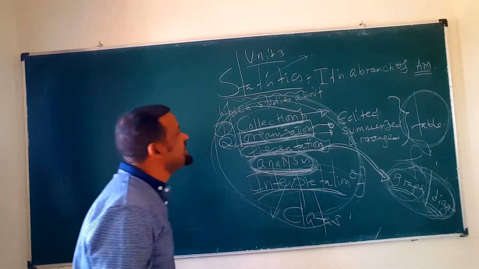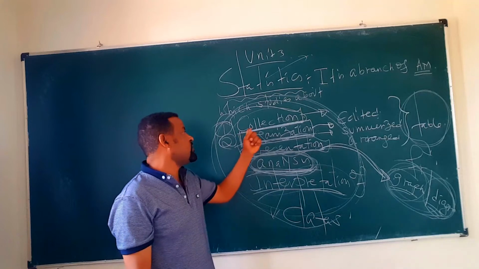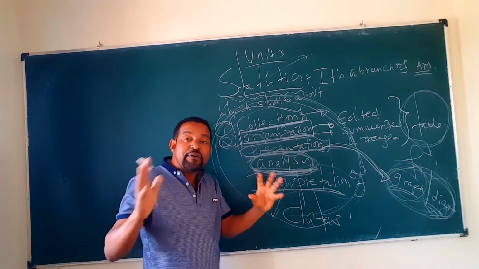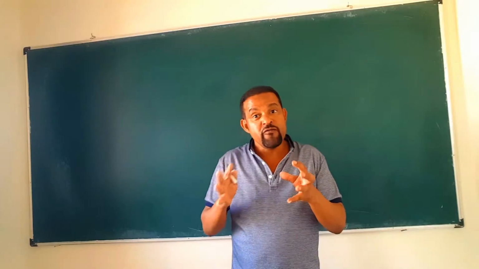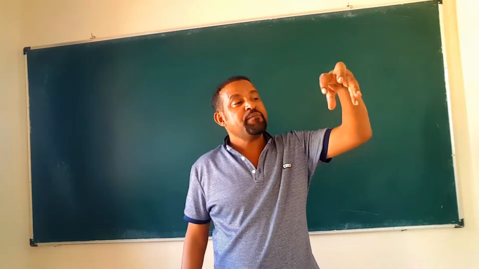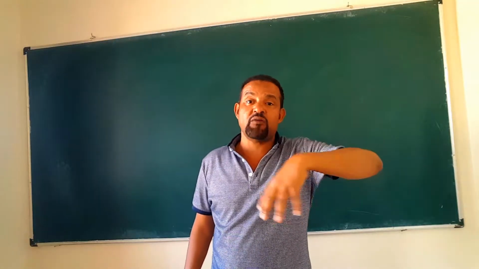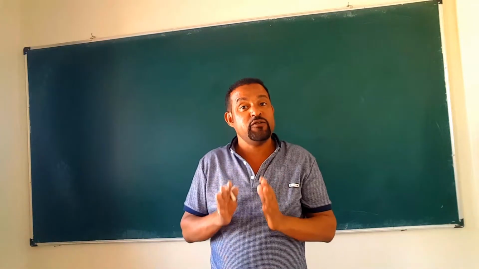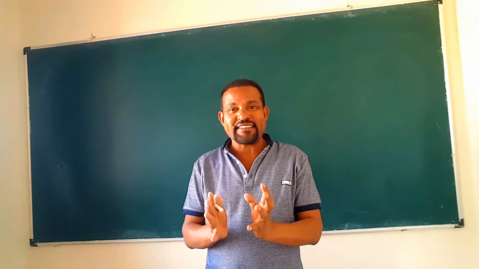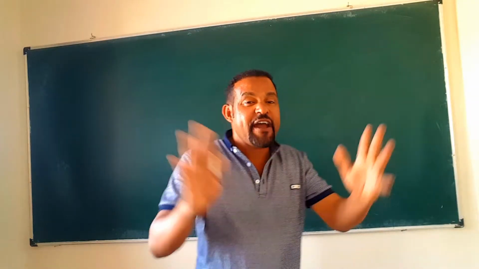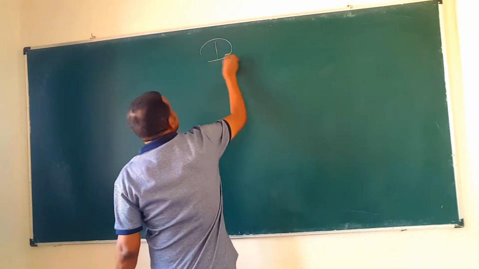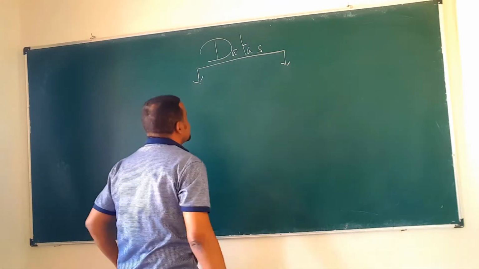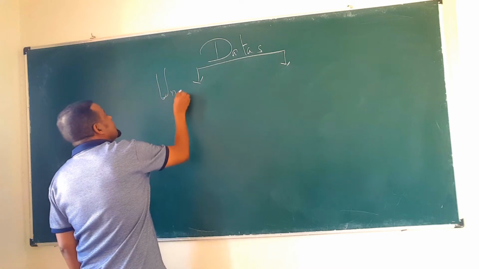So statistics is a branch of applied mathematics which studies about the collection, organization, presentation, analysis, and what? Interpretation of what? Data. So don't forget that statistics is nothing but a branch of applied mathematics which studies about collection, organization, presentation, analysis, and what? Interpretation of that. Now, that collected data can be classified into two groups. So data በስንት እንከፍላቸዋለን? በሁለት. There are two types of data. What and what? Ungrouped data and